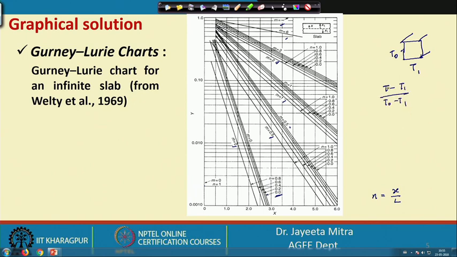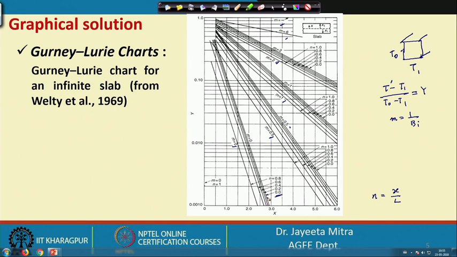So, let us say we want to achieve a final temperature of T dash. When we reach the T dash, our process will be stopped. So, we put here T dash, calculate the value of this y, and we also check the value of Biot number. So, m, that is equal to 1 by Biot number, and also the distance from the center where we want to measure the temperature. So, let us take if we want to measure at the center.